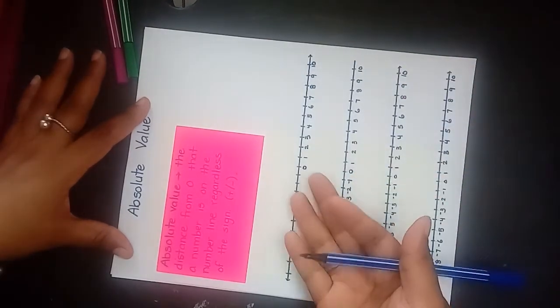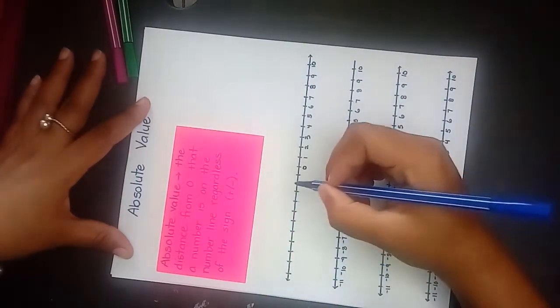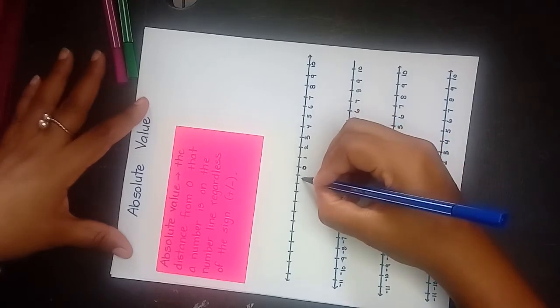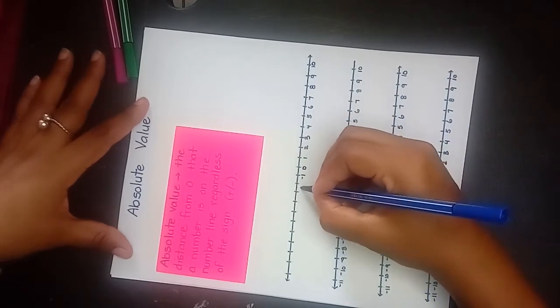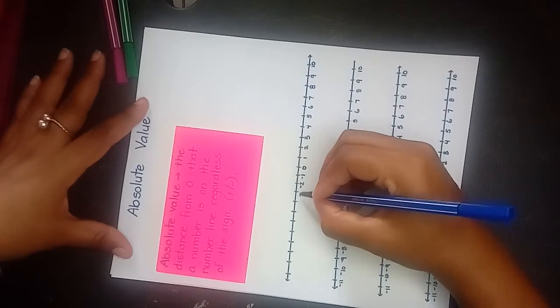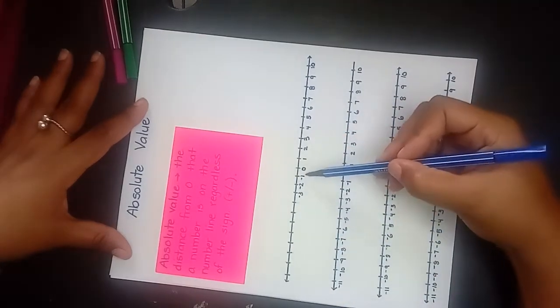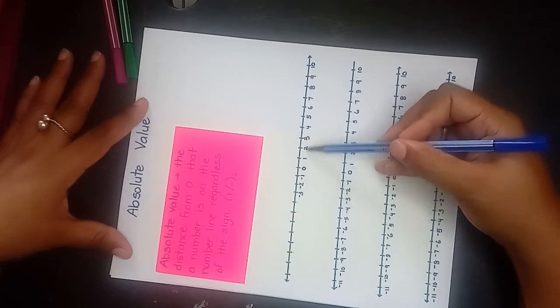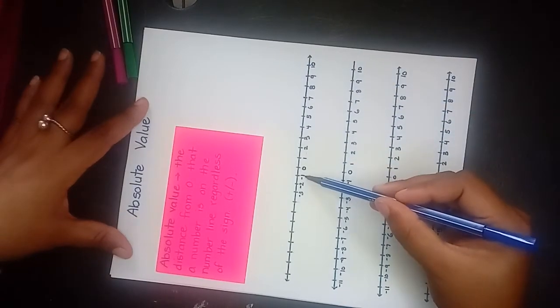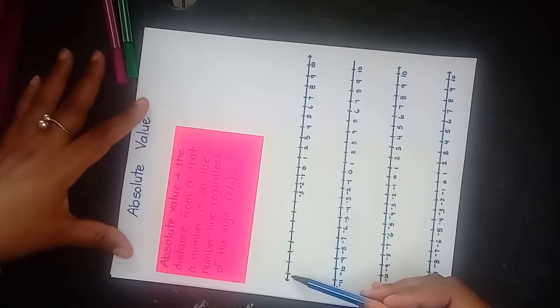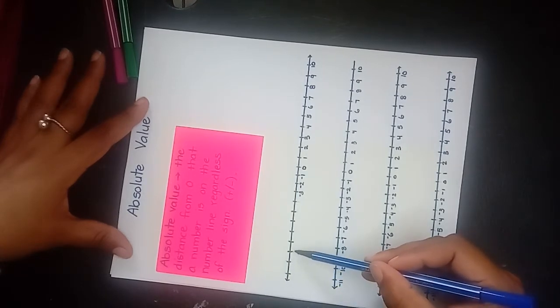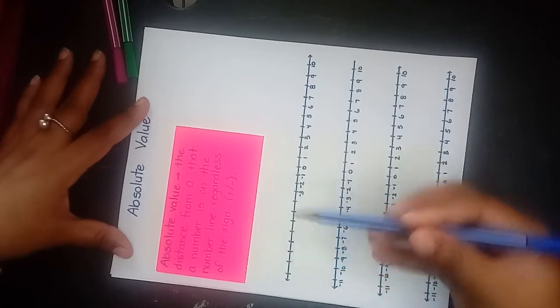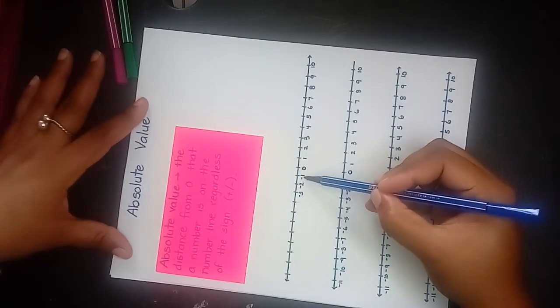The negative numbers, now on this side, it is very important to put your negative sign. -1, -2, -3, and notice, you see where the 0 is? You start with +1 to the right, and you start with -1 to the left. -1 does not go all the way here, and you start -1, -2, -3. That's not how it goes, okay? You're going to start here, and you're going to go -1, -2,